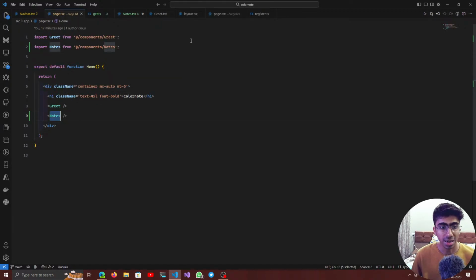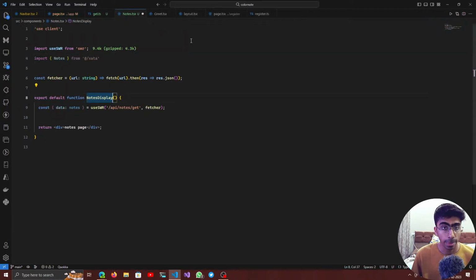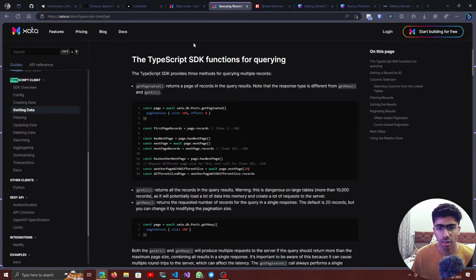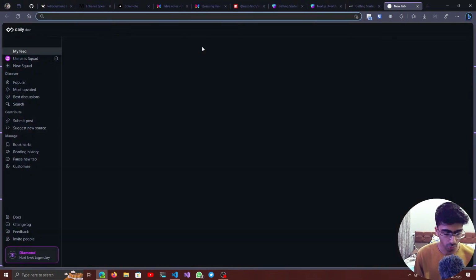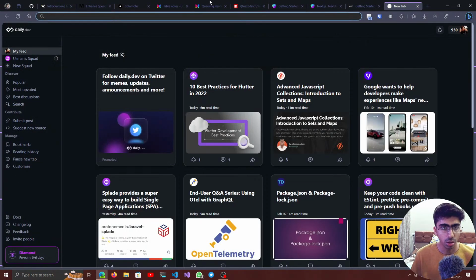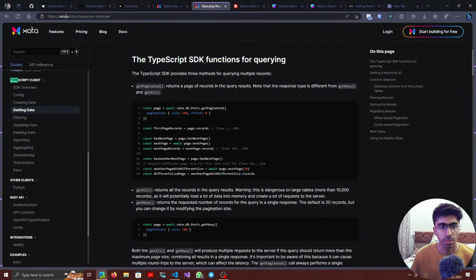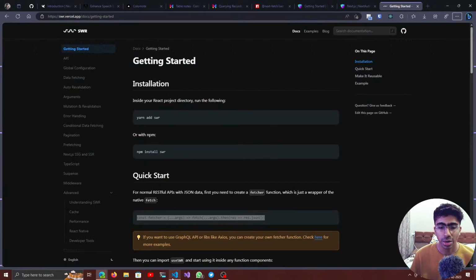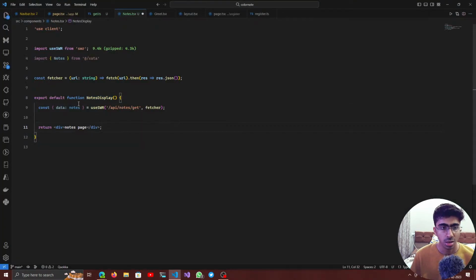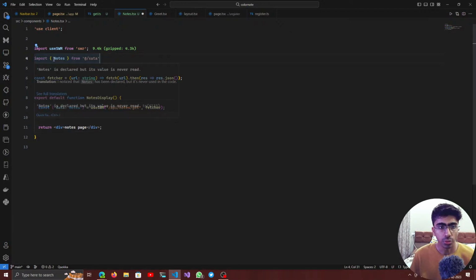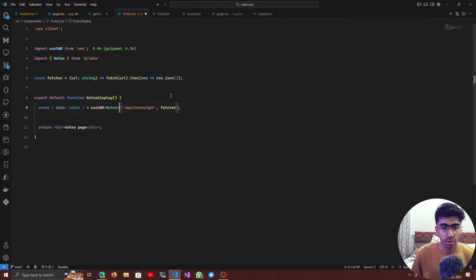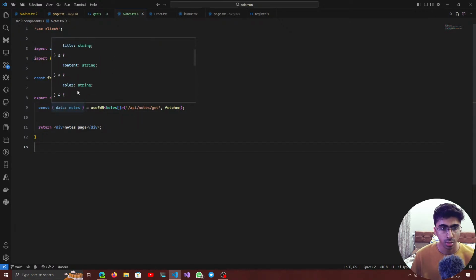Xata is used for database, so it's just a better database. It actually uses Postgres under the hood. So if you know what a Postgres database is, you can learn more about Xata just on their website. So instead of using a traditional database, Xata configures everything for you and then gives it back. It gives you back a really nice API which is easy to work with. So yeah,